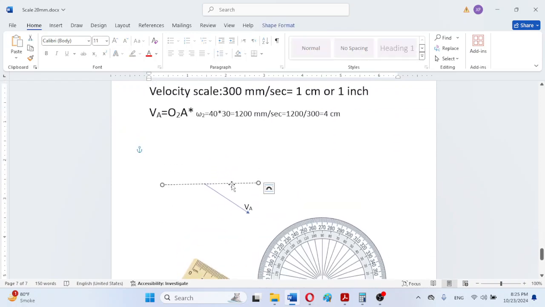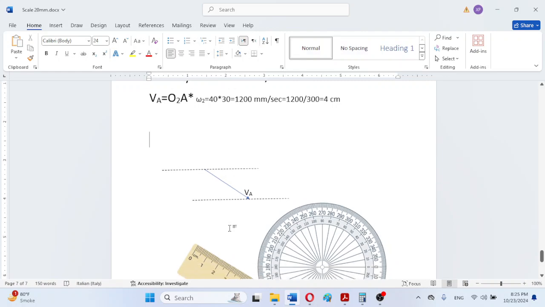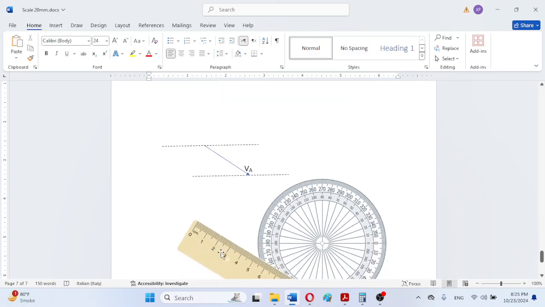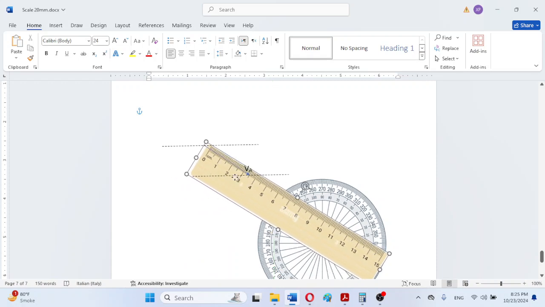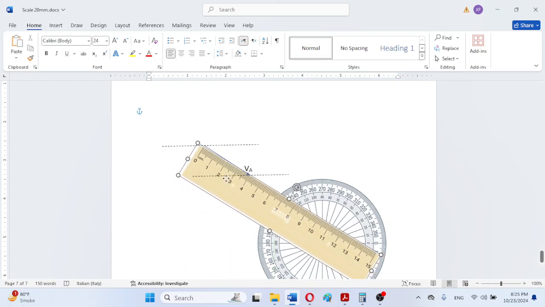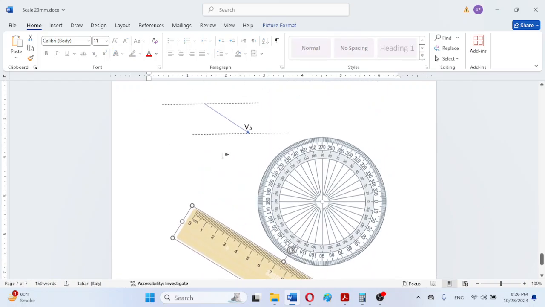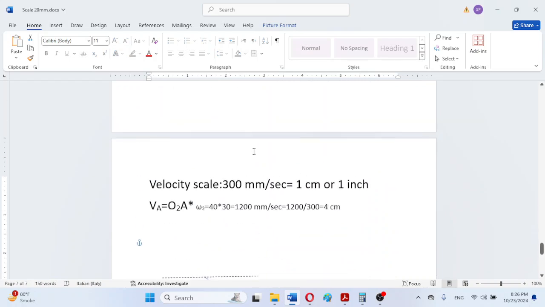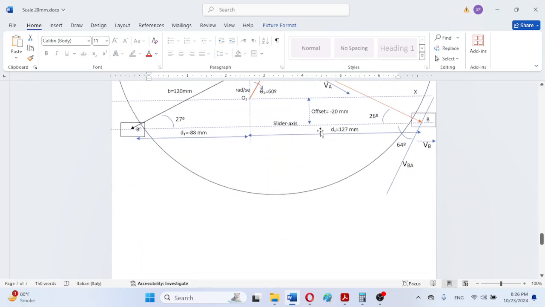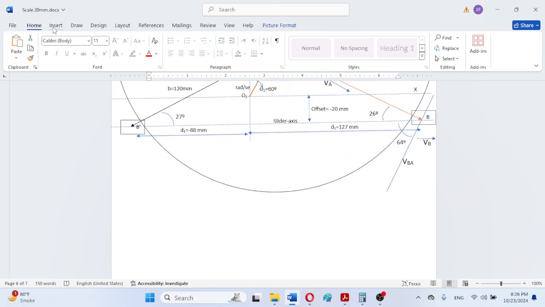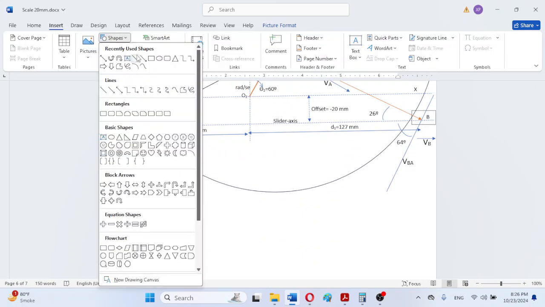So we can again be copying this reference from here and then we will be placing it here, and now the vector VBA line will be placed. So we can for example draw this line here,